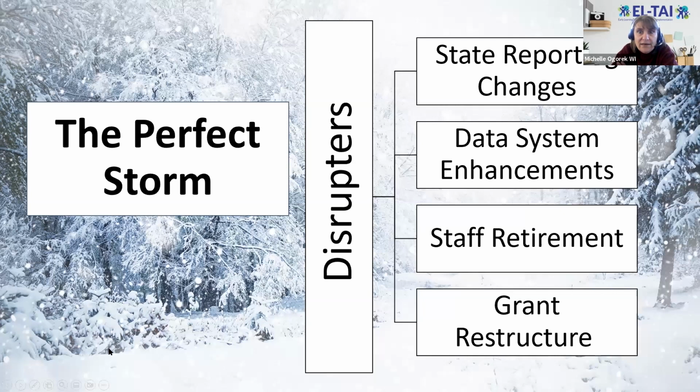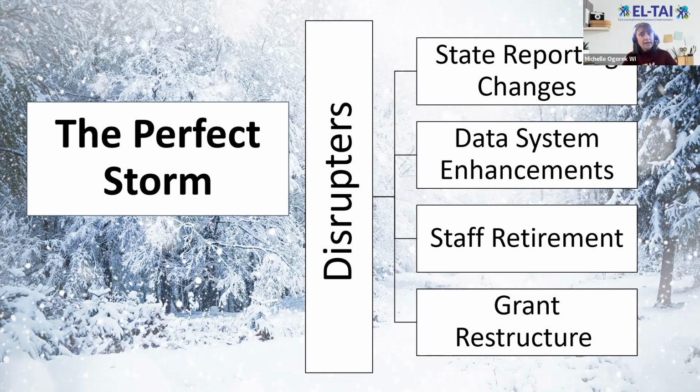Then the perfect storm hit. So first COVID hit, and you would think that that would have been the big upset. We weathered pretty well through COVID. We had limited impact on our data. The process was pretty much in place, and people were really doing well with that. LEAs were doing well. We had some missing data and things had come up, but our State Department really kind of did all hands on deck, and we really came out with some really great things. So that was not our storm. But what happened is we had COVID, and then we had 4 other things happen, which really created this storm of turning into a blizzard.